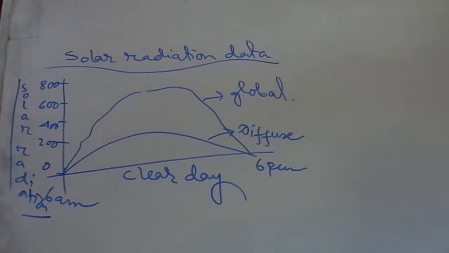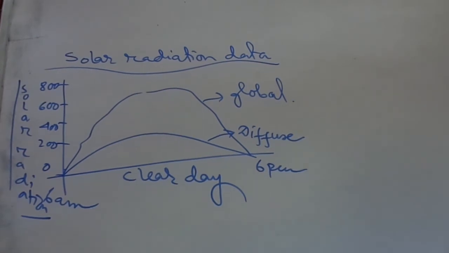The radiation data are mostly measured on a horizontal surface. Daily radiant energy is obtained from the area under the corresponding curve. The monthly average of the daily radiation is obtained by averaging over a span of the corresponding month and expressed in kilojoule per meter square.